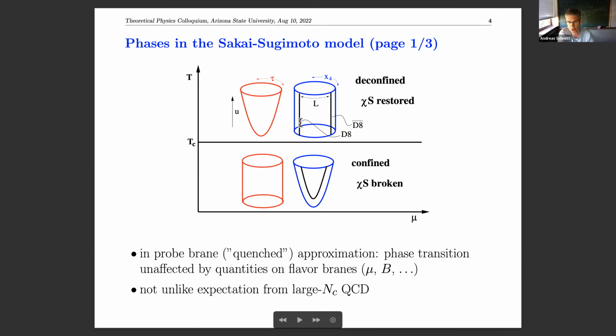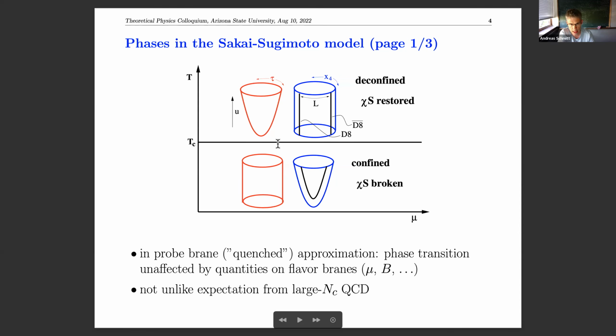And that's a very nice geometric realization of chiral symmetry breaking. If they are separated, chiral symmetry is restored. I can do left-handed rotations on that brane, separately from right-handed rotations here, whereas the rotations are coupled or locked in this kind of embedding of these branes. So that means in the pictures I drew here, chiral symmetry is restored if and only if I'm in the deconfined phase, right? So that's what locks these two things together.